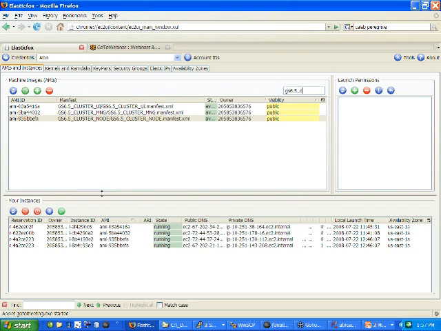Down in the bottom of this, up in this area here are the definitions. Down in the lower pane are my instances, and these are the ones that I've started already in anticipation of doing this demonstration. I've got one management node, one user interface node, and 2 cluster nodes where I'm going to be running processing units. Now let me switch to the VMC that's looking at the user interface out there in the cloud,